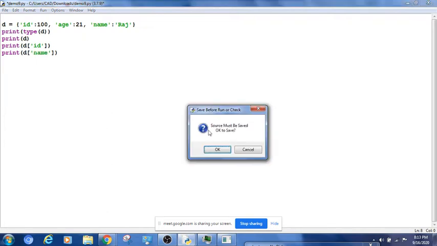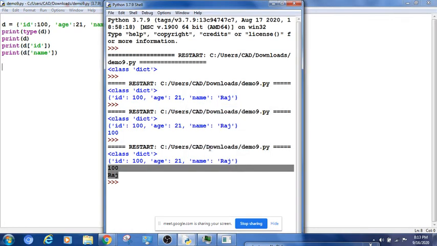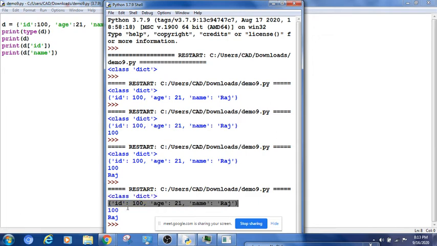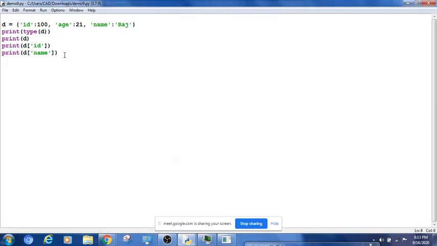Let's run this now. You can see the result, right? So the type is showing as a dict, and this is the entire dictionary which we have, and this is the first element which we printed, ID, and then this is the name, right? This way you can print. Now you can access the element like this, and also there is one more way to access an element,